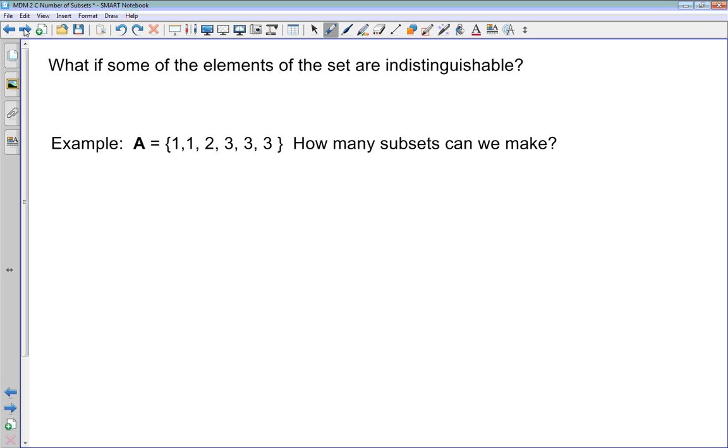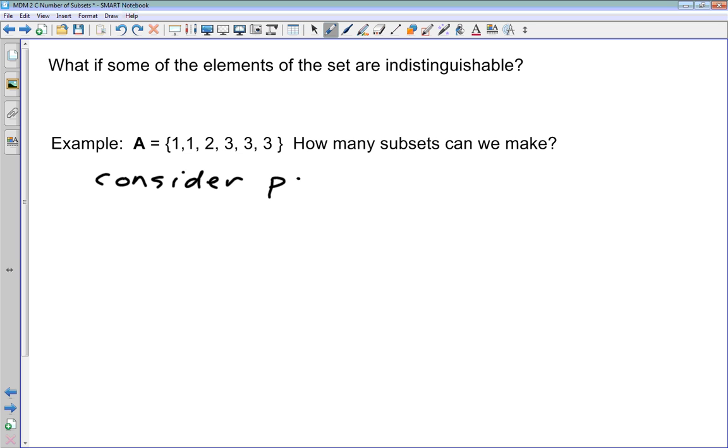The last little point. Okay? What if some of the elements in the set are indistinguishable from each other? So we've got a set A here where we've got 2 1s, 1 2, and then 3 3s. How many subsets can we make? We can approach this with the same kind of logic. We want to consider